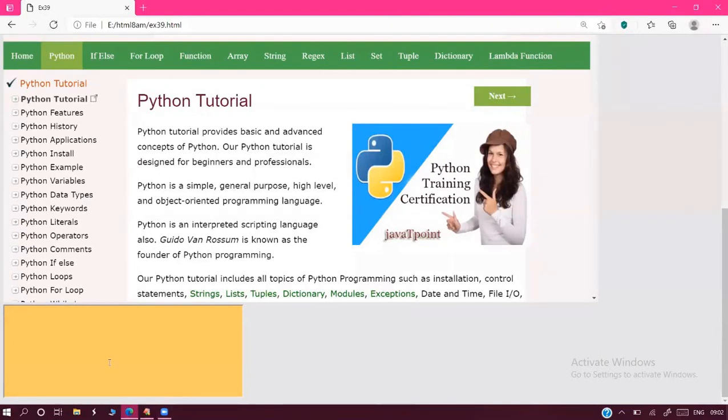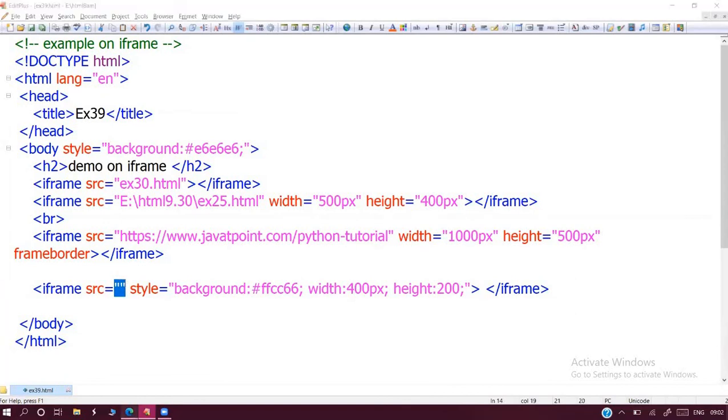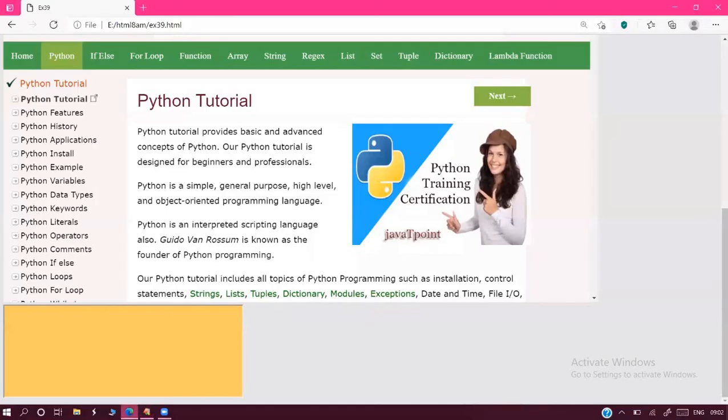This is the box. Inside this box, your pages are displayed. First, we create an empty container like this. In this container, your pages are loading. Your page loads inside this one. But here nothing is displayed, sir, because we have not given any SRC. So a blank box is displayed.